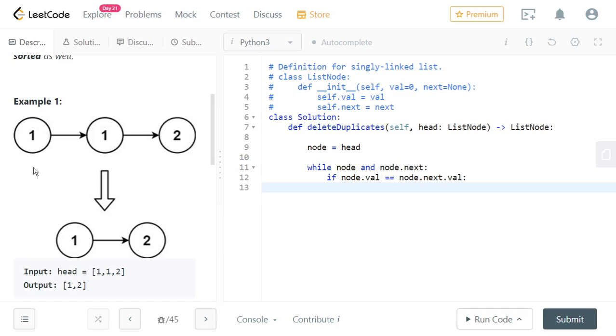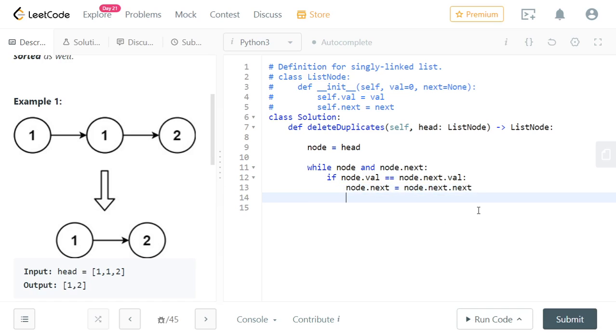We check the node's value against the next node's value, and if they are equal, we change the node's next pointer to node.next.next. Initially the pointer pointed to the middle node, and we change it to link to the node after it. So we get rid of the middle node, and we are done.